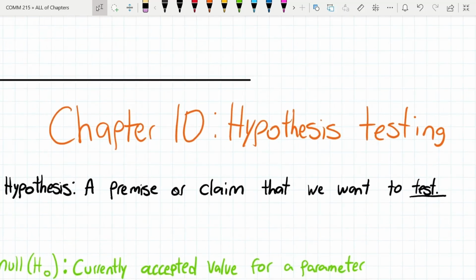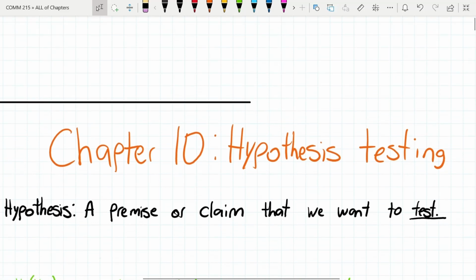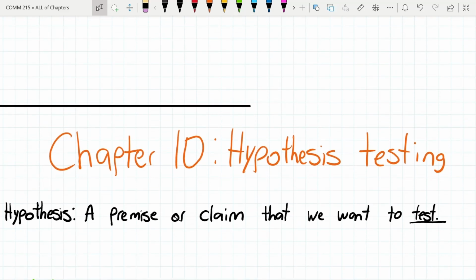So hello guys, today we're going to be doing chapter 10, hypothesis testing. First I just want to make an example of what a hypothesis is. It is a premise or claim that we want to test. So let me highlight that. It's very important that we test it because we want to know if our hypothesis is true